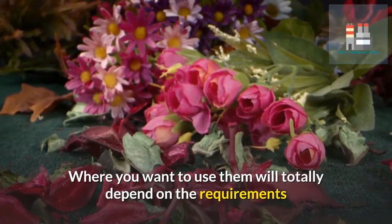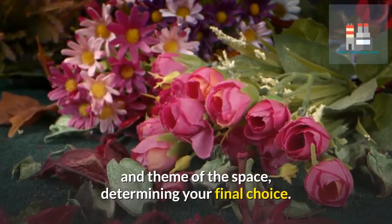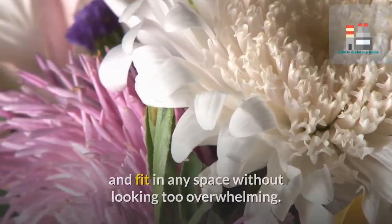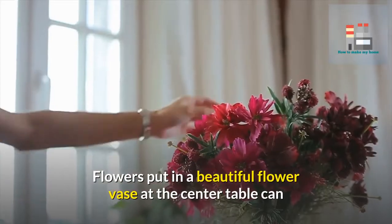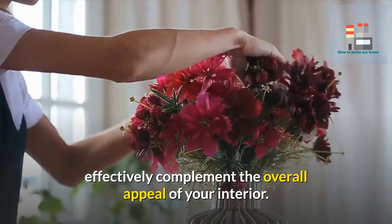Where you want to use them will totally depend on the requirements and theme of the space, determining your final choice. However, as a rule of thumb, choose flowers that are attractive and fit in any space without looking too overwhelming. Flower table decoration. Flowers put in a beautiful flower vase at the center table can effectively complement the overall